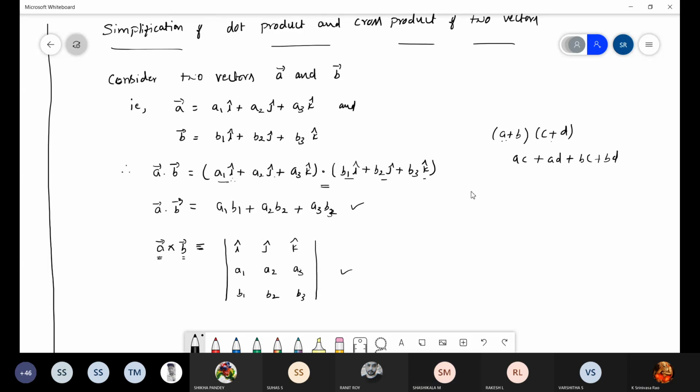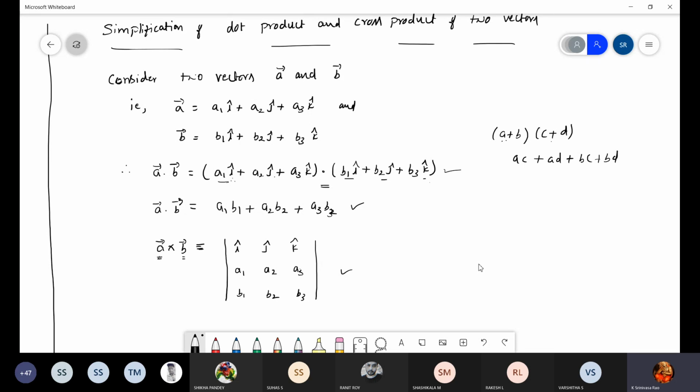You can ask why the cross product is a determinant. It is because only like vectors give 0 in the cross product, but unlike vectors it is not 0. So i with j and i with k, you will get some answer here. Okay, in this definition. So therefore that usual multiplication is a little bit lengthy and complicated. So we have a simple method.